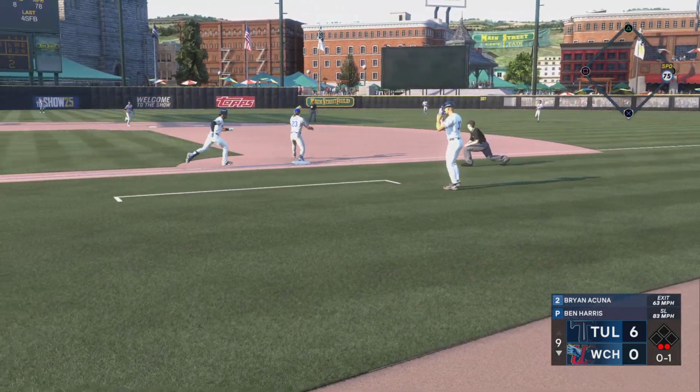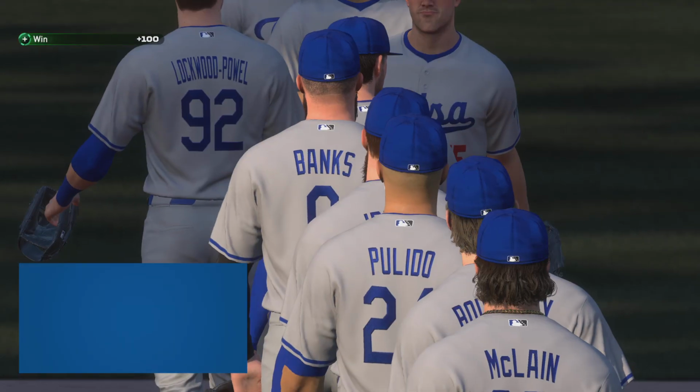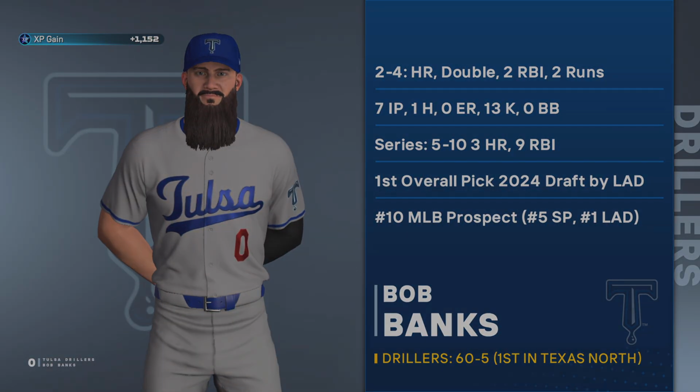Collects it, and that'll do it. Out of there. Banks was superb in this two-way performance. Big-time contributions on